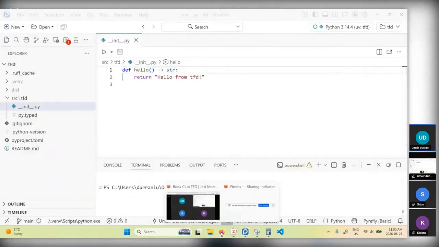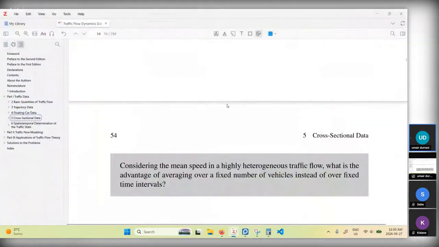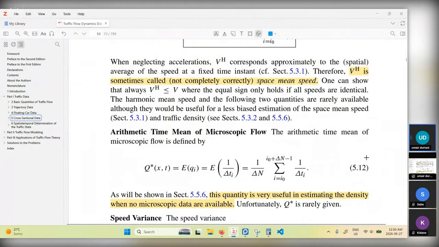So in the book we have, for example, this equation 5.12. And we want to show this equation as well as be able to use it. If we give it delta t_i, it should give us q star, right? So that's what we want to do. We want the ability